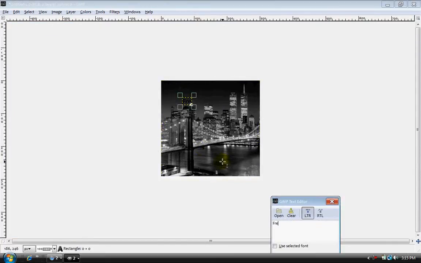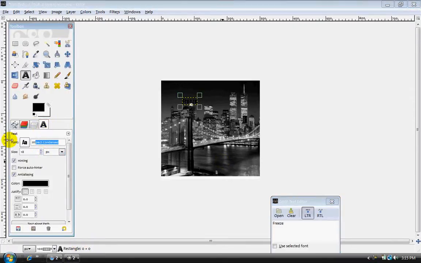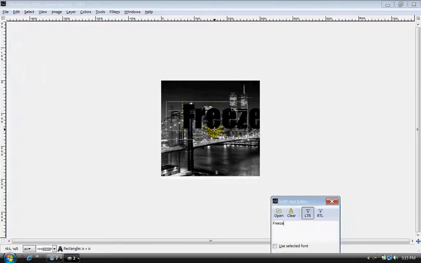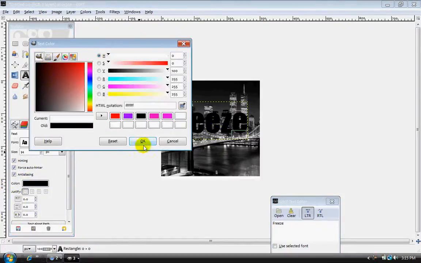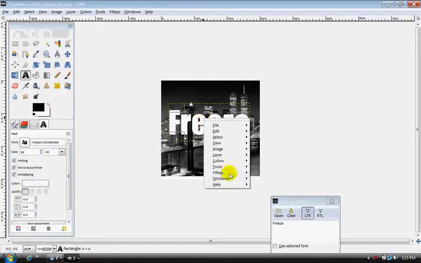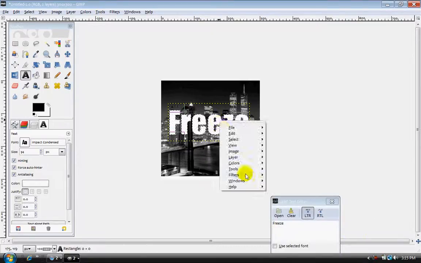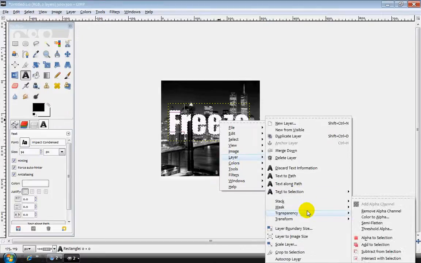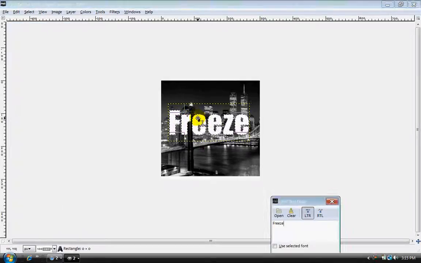I'm just going to use Freeze, and I'm going to change the font and the size. So once you have all your fonts and the color of your text selected, now what you need to do is right click, layer, transparency, alpha to selection. Once again, layer, transparency, alpha to selection. Now once that's up, you'll see that around your text you have little animated dots or